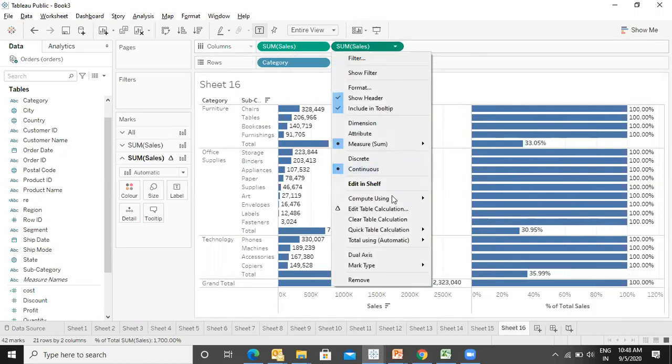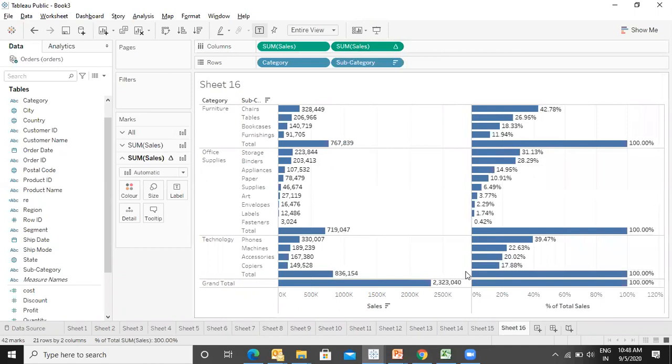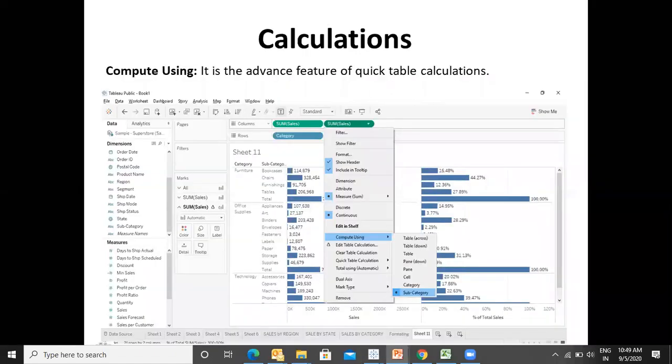Again, I will click on this drop down arrow and say compute using. Then we have something known as subcategory. So it will be same as pane down. It is getting compared to the subcategory. So this is known as compute using. Is this clear? Yes, sir. Very nice. So please do remember that you also have to do it, then only this thing will actually be clear. As of now, me doing it, it looks very easy. But until and unless you do it, you will not get the concept of it.